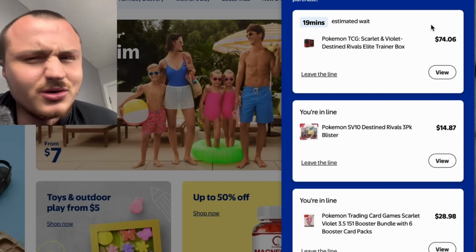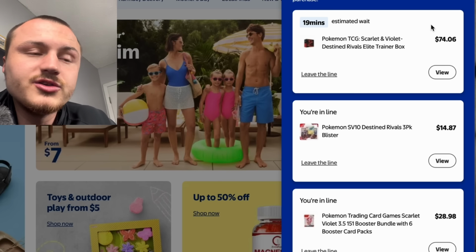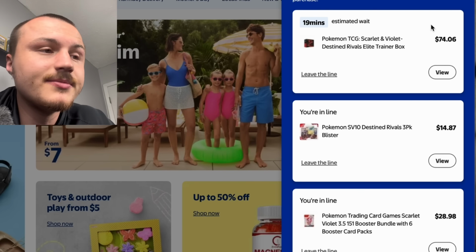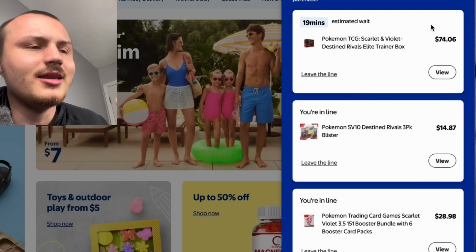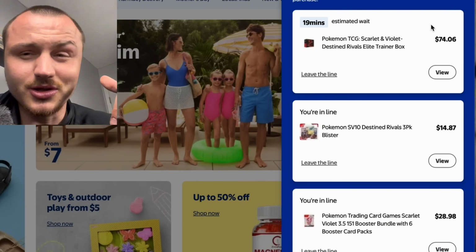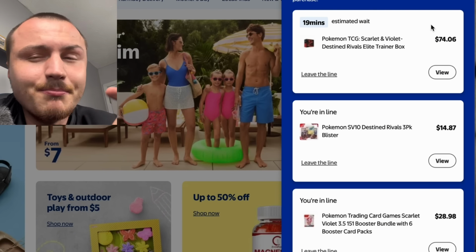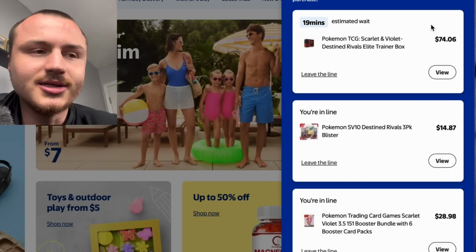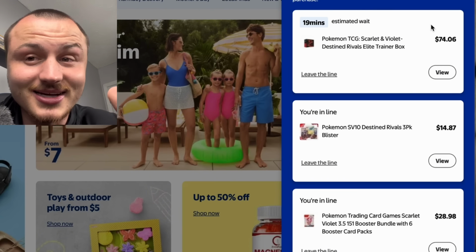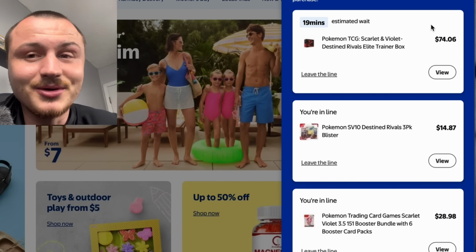So Walmart's doing this well so far. I have to say that. Hopefully they drop some more product like this. Once they drop this product, a lot of people are going to end up on this website. Definitely the queuing system is a lot better than I've seen with other queuing systems. This probably has to be the best one so far. Best Buy is at the bottom of the list. Pokemon Center is probably second, and Walmart has to be first at this point,